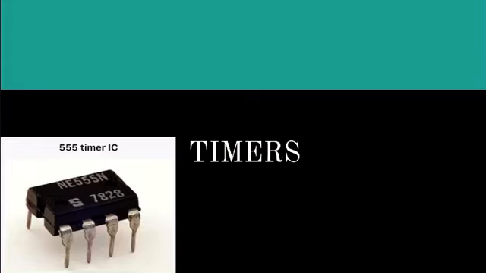So in this video, let us discuss the topic called timers. Here the diagram shows a 555 timer. This 555 timer IC was introduced in the year 1970 by Signetics Corporation and given the name NE555 timer. Okay, so it is basically a monolithic timing circuit that produces accurate and highly stable time